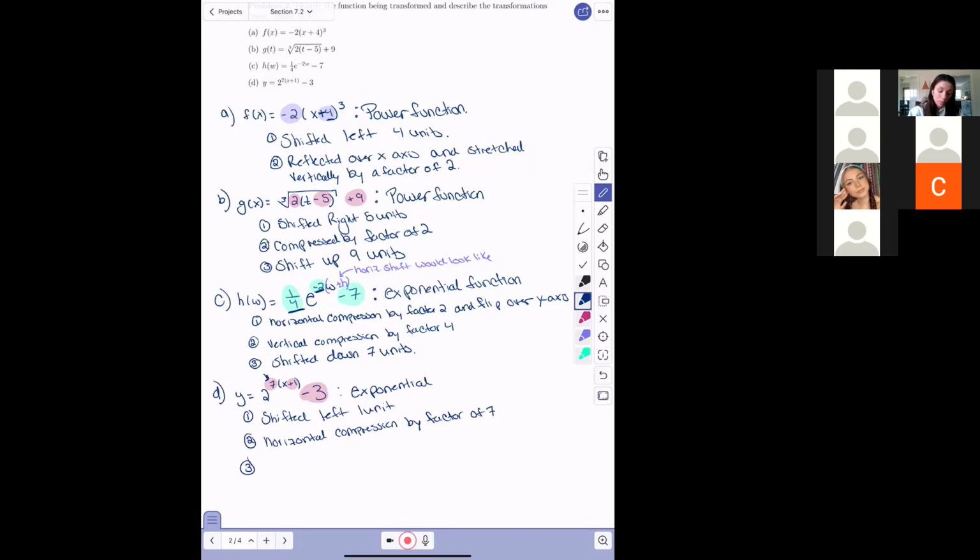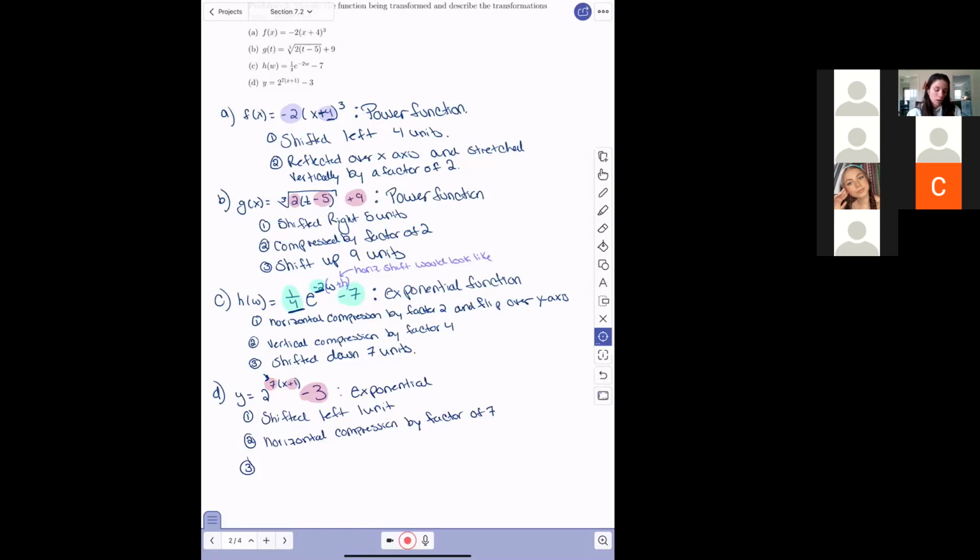Yes. So if you look at C, we're multiplying our output, right? Our output is e to the power w. We multiply that by a fraction and we end up with vertical compression, which makes sense, right? If you multiply something by a fraction, it's going to get smaller. For vertical stretching, if you multiply it by a whole number, then you're going to get a stretching happening. With